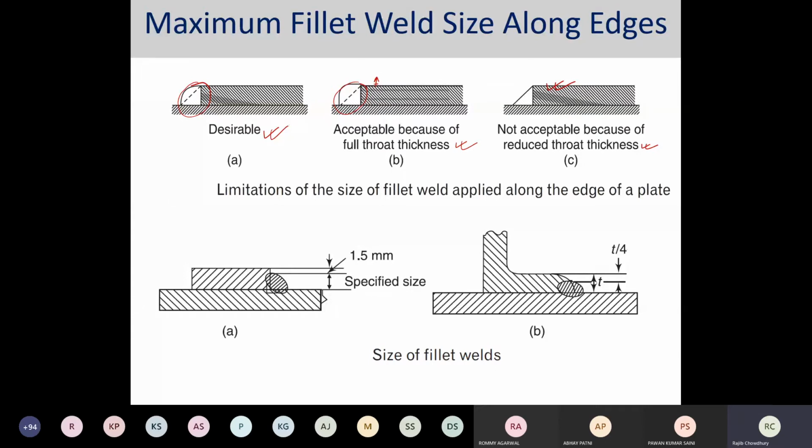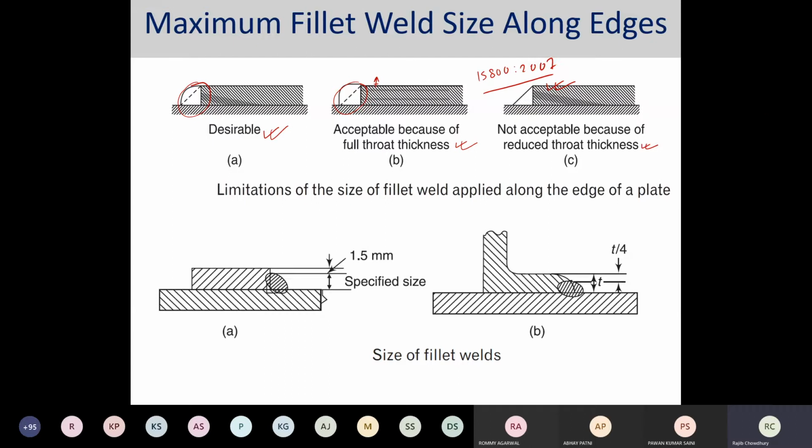If the thickness of the thicker part of the connecting member is up to 10 mm, then you can utilize minimum 3 mm thickness of the weld. Likewise, if you have up to 5 mm, or the plate thickness of 6 to 10 mm, there are lots of different permutations and combinations, which is already specified in our Indian standard IS 800 2007. So we have to look very carefully into those particular specifications while making the practical design.